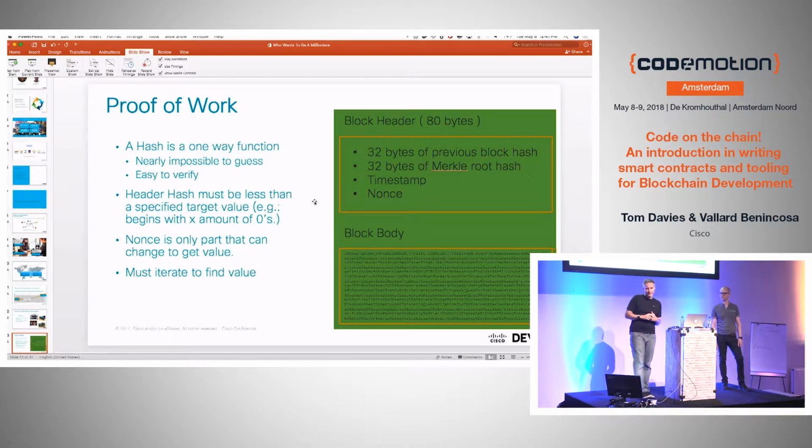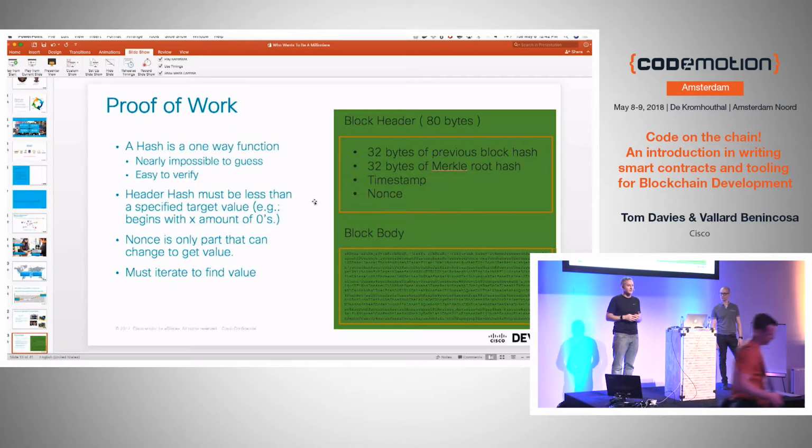And one of the properties that it uses is called a one-way function. So you all remember from algebra, y equals x squared, if I say y equals 4, you know that x is going to equal 2 or negative 2. You can figure out that answer. What a one-way function does is it says that it's very difficult, if I give you y, to know what x was. In fact, given the computing power that you might have, it might take you 1,000,000 years to come up with what x was, because the only way you can figure it out is through brute force.